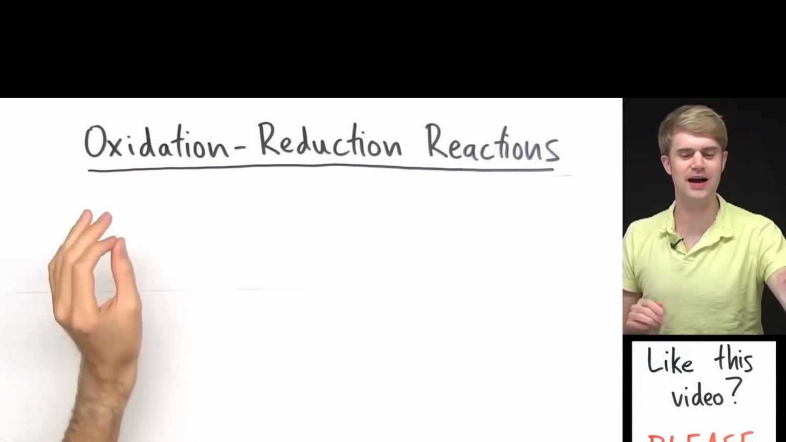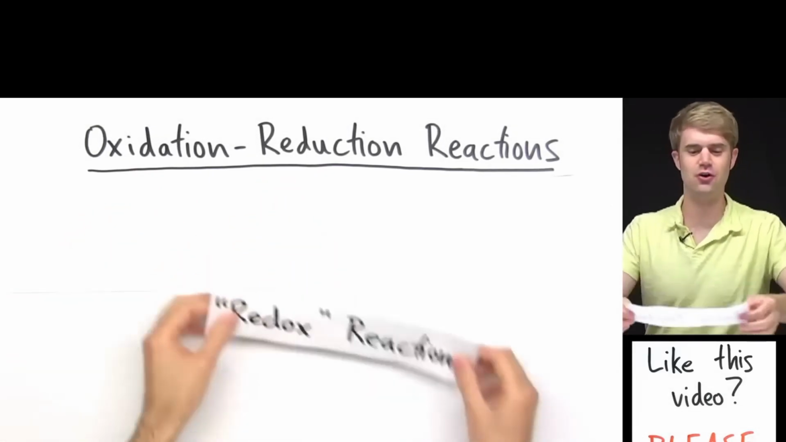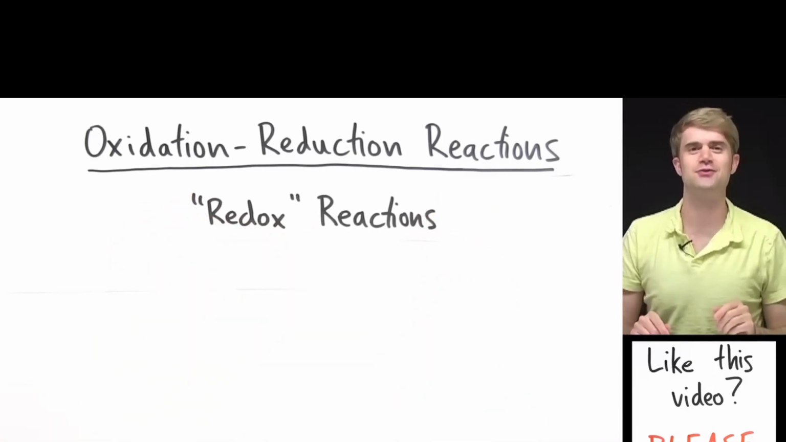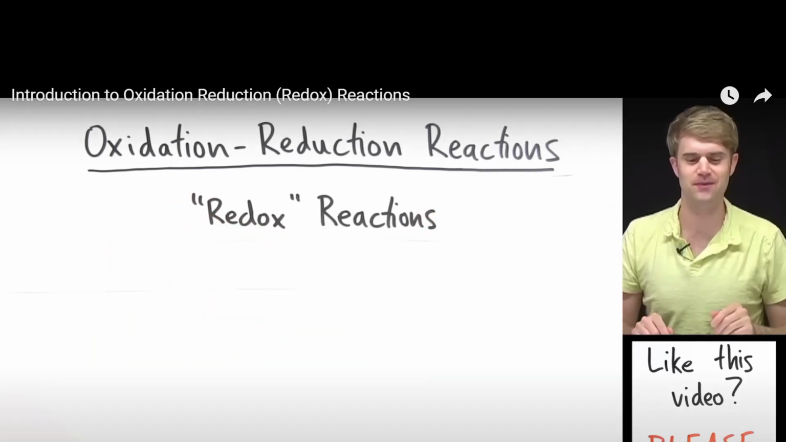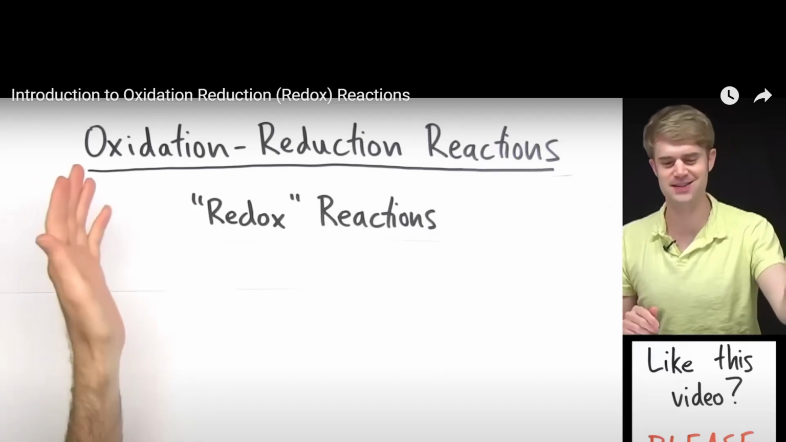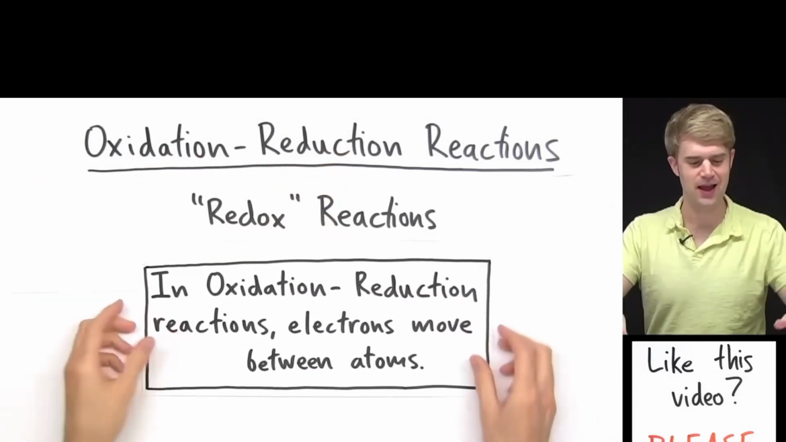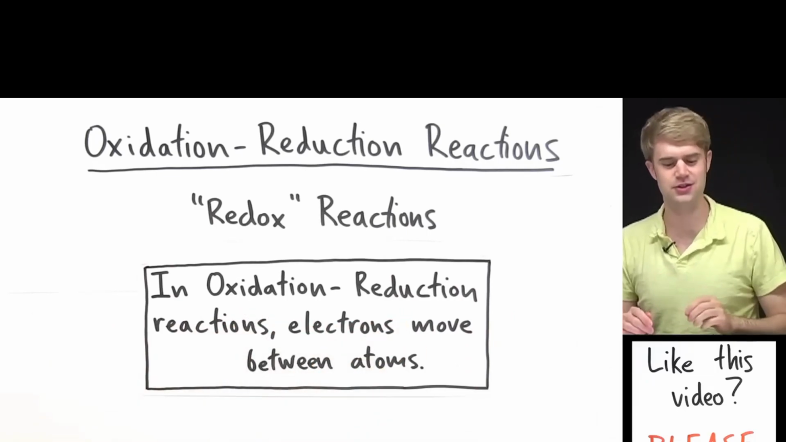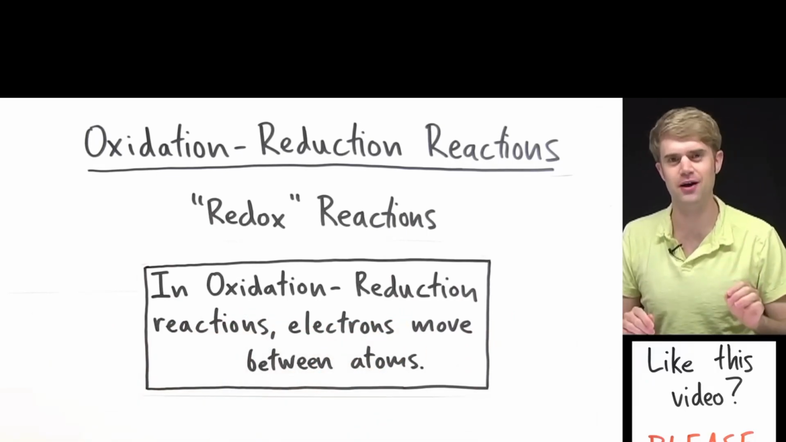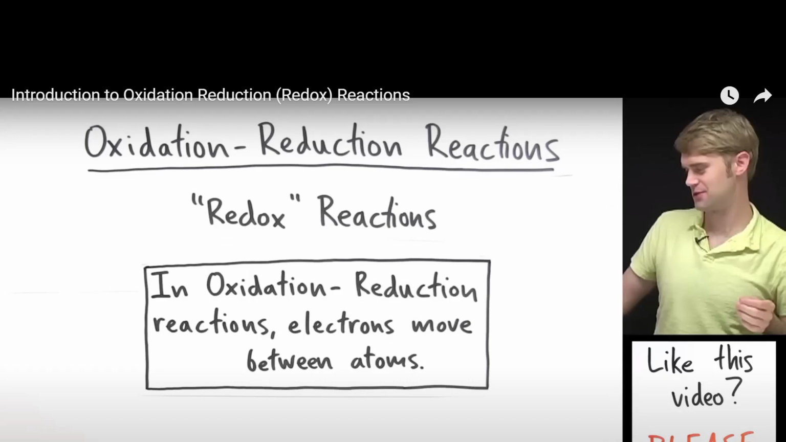We often abbreviate oxidation and reduction, so we just call these redox reactions for short. Okay, so oxidation reduction reactions get abbreviated as redox. So, what is an oxidation reduction or redox reaction? Here's a quick definition. In oxidation reduction reactions, electrons move between atoms. Who moves? Electrons. So this is actually kind of neat that we do this after acids and bases, because